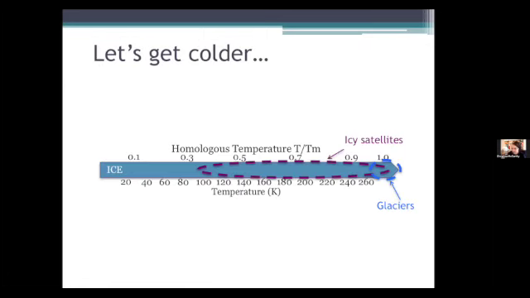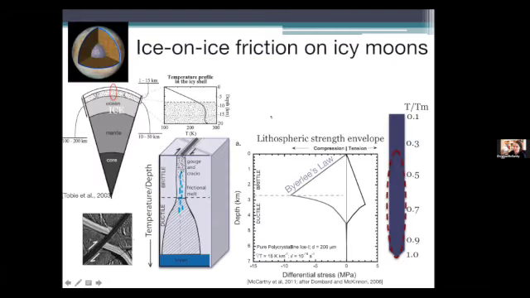Now, in the last few minutes that I have, I won't take very long on this, but I wanted to give you a little teaser about what happens in ice friction when you go to even lower conditions. There are moons of the outer solar system, for instance, Europa, the second of the Galilean moons of Jupiter, where there's an icy shell above a liquid ocean. The icy shell goes from a temperature of about 70 or 80 K all the way down to the melting temperature. So it's a huge swath of